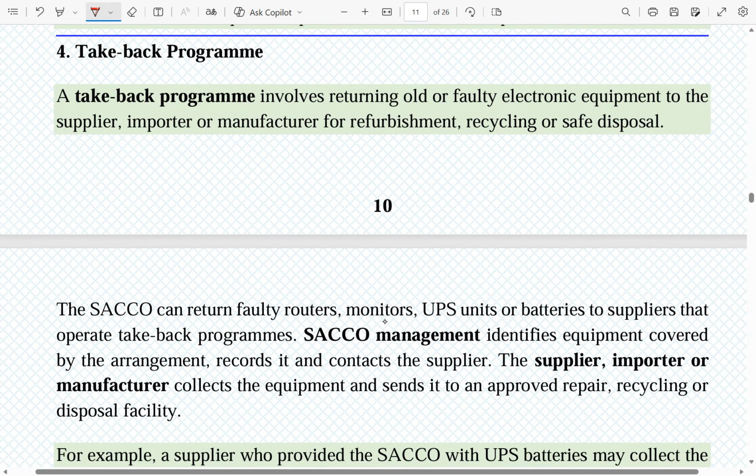The circle management here is going to identify equipment covered by the arrangement, record it, and contact the supplier. Then the supplier as a stakeholder, or the importer or the manufacturer, collects the equipment and sends it to an